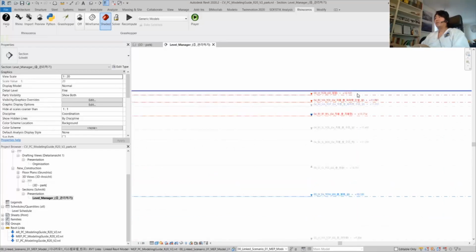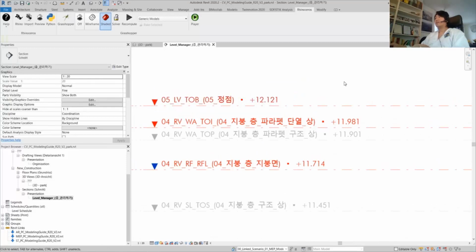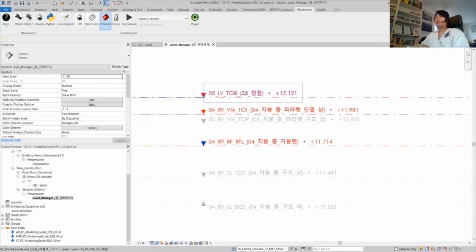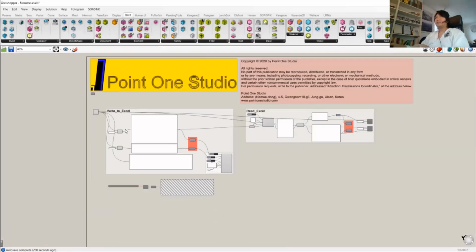But we have the main model here, the abbreviation of the naming convention with English letters, and we have now Korean letters behind. So what I'll do, I'm going to open Grasshopper, and here in the script, as you